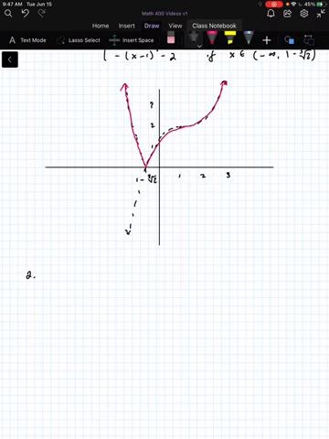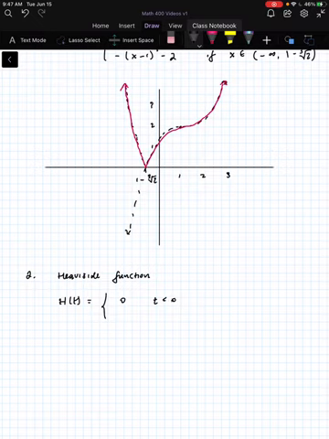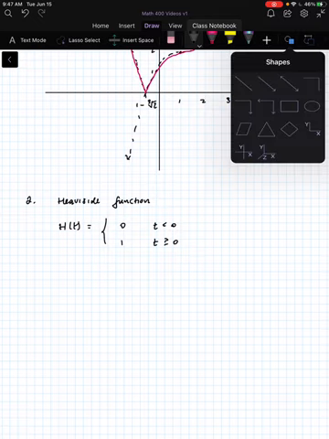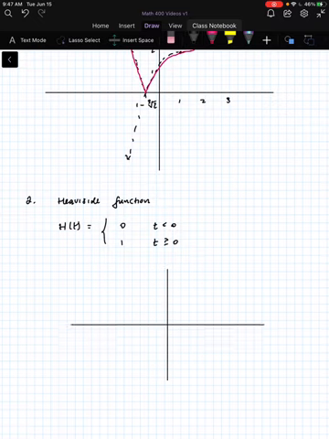Some other examples of piecewise defined functions include something called the Heaviside function. Very ubiquitous in the sciences. You can think of it kind of like a light switch. So it's defined as h of t is 0 when t is less than 0, and 1 when t is greater than or equal to 0. What that graph looks like then,